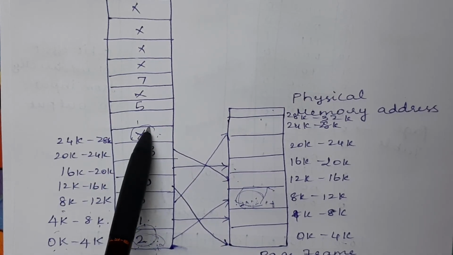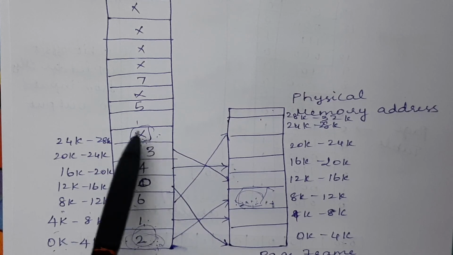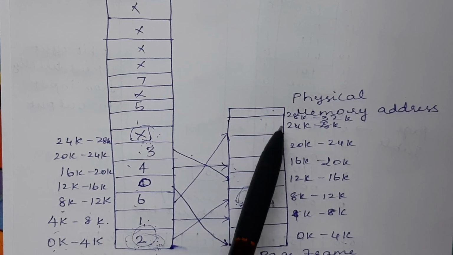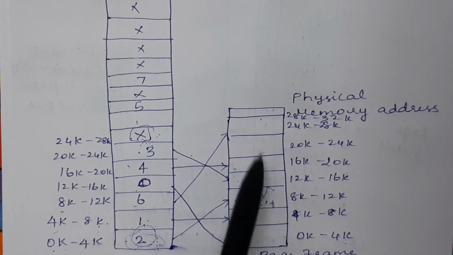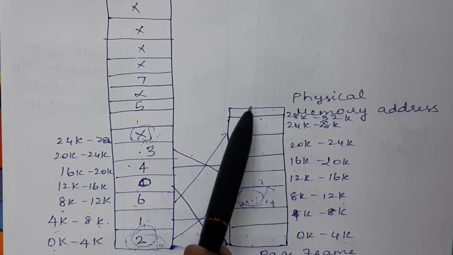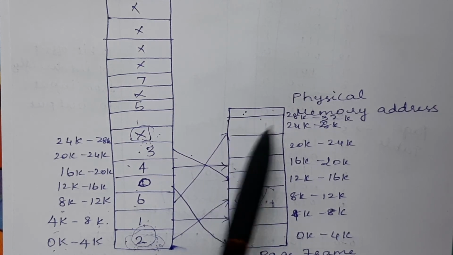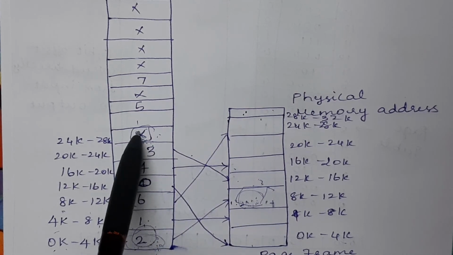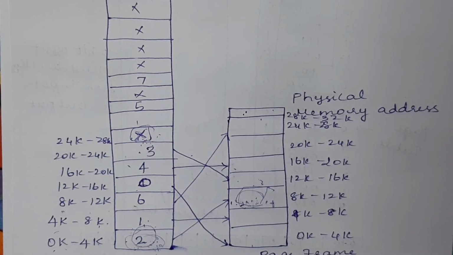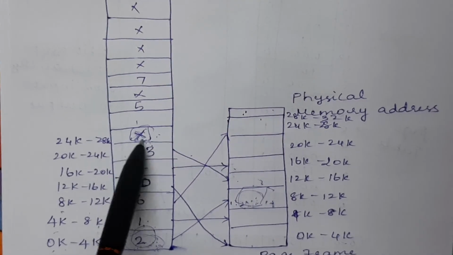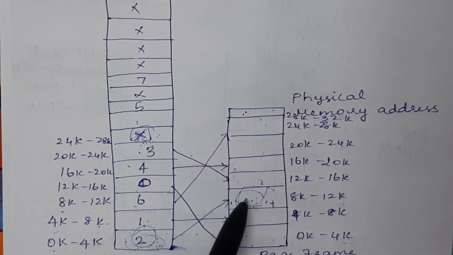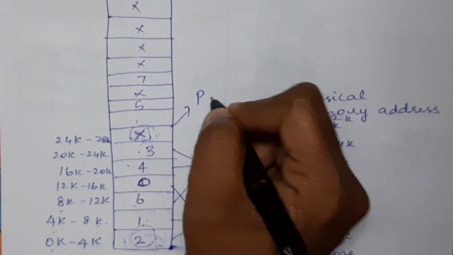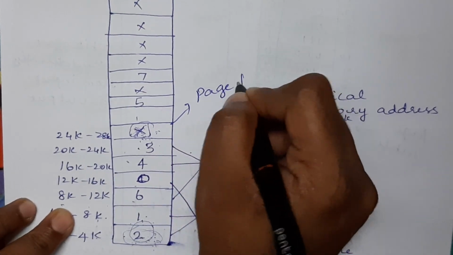So what is the meaning of this X mark? It means it is unmapped, which is not able to map here because that content is not available in main memory. Since we have only a limited size of main memory, we can hold only up to 8 pages. Apart from that, the pages which are not in physical memory are marked with an X mark in the virtual pages, isn't it? So if you get this X mark, which is nothing but unmapped, not available in the main memory, it means a page fault. This is what is termed a page fault.